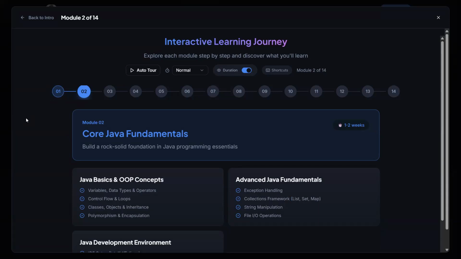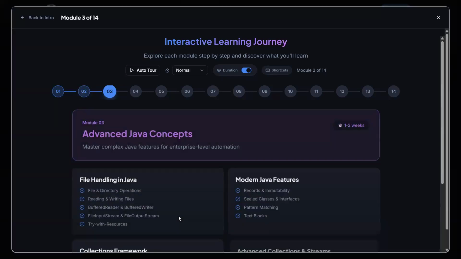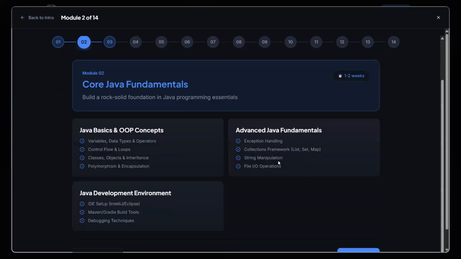What are the different tools that we need for automation testing? Like we go for Java basics and OOPS concepts, variables, data types, operators, control flow and loops, classes, objects, inheritance, polymorphism and encapsulation, advanced Java fundamentals like exception handling, collections framework, string manipulation, file IO operations, IDE setup, Maven and Gradle build tools, debugging techniques,